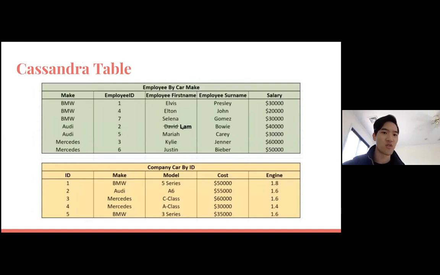I also followed, similar to what Joe said, a query first approach, where the improvements to the database's efficiency come by designing the tables around the queries rather than the other way around. So when we read from the database, we only ever have to reference one table. And when we write, we only ever have to reference one table. So all the BMWs had the same partition key, all the Audis had the same partition key, but what does